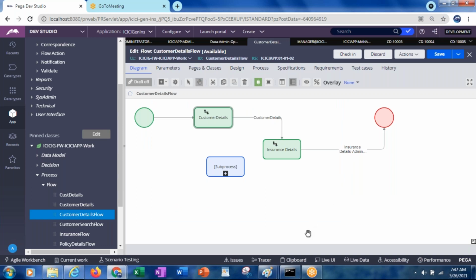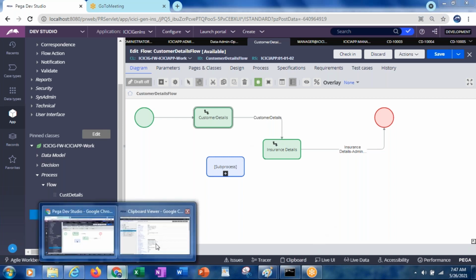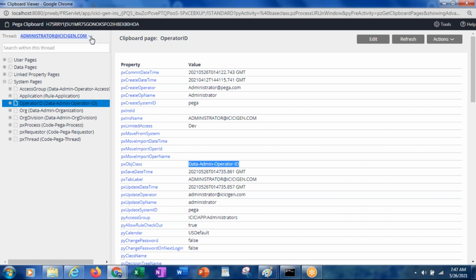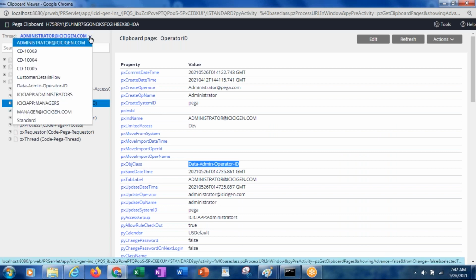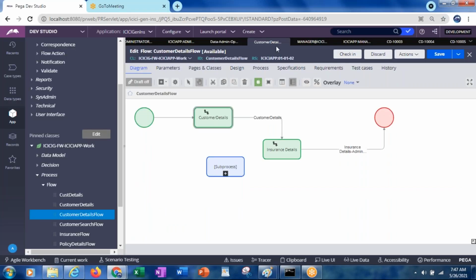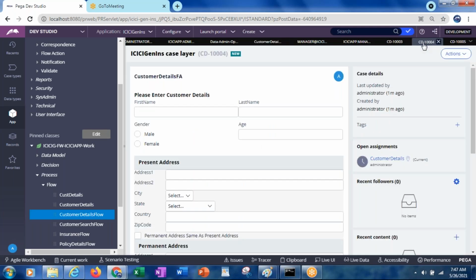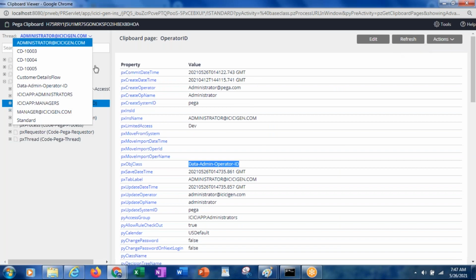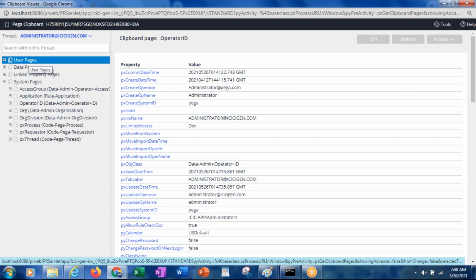So when you are at any of the assignments, your assignment data will be displayed under the clipboard. So where exactly will it display? So what is this case ID? Okay, 3 or 4 or 5. Let's select also.